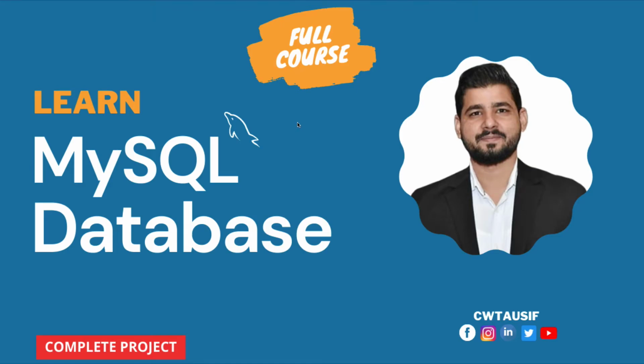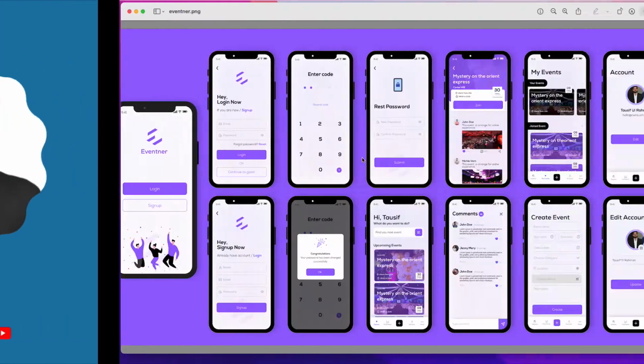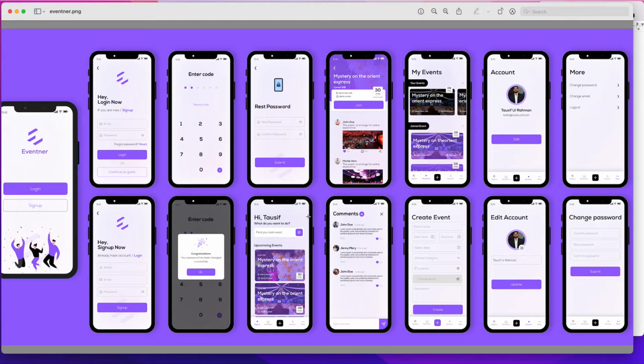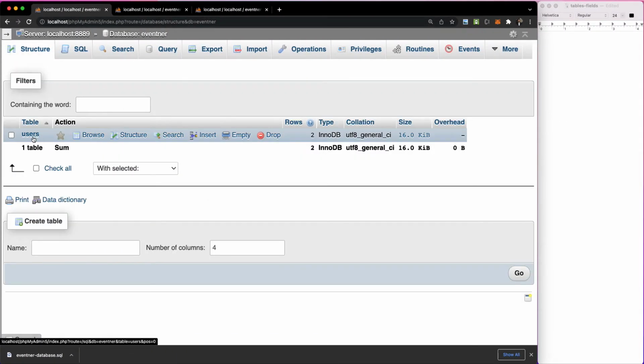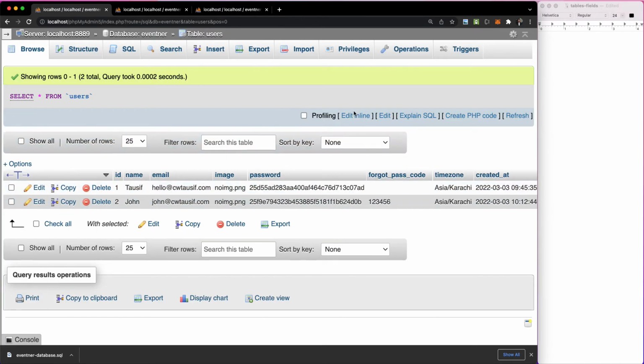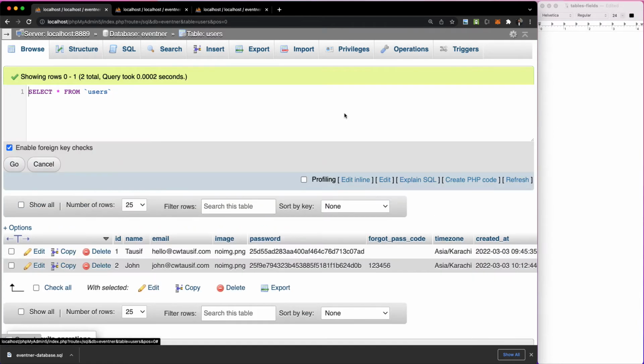In this lecture we will talk about updating a user and also talk about the devices used inside the databases. Last time we saw how users are able to log in and sign up. If we want to update the information of a user, we can come here and, say I want to change the name of Tosif, I need to write a query which will say update users set name equals, for example, full name,